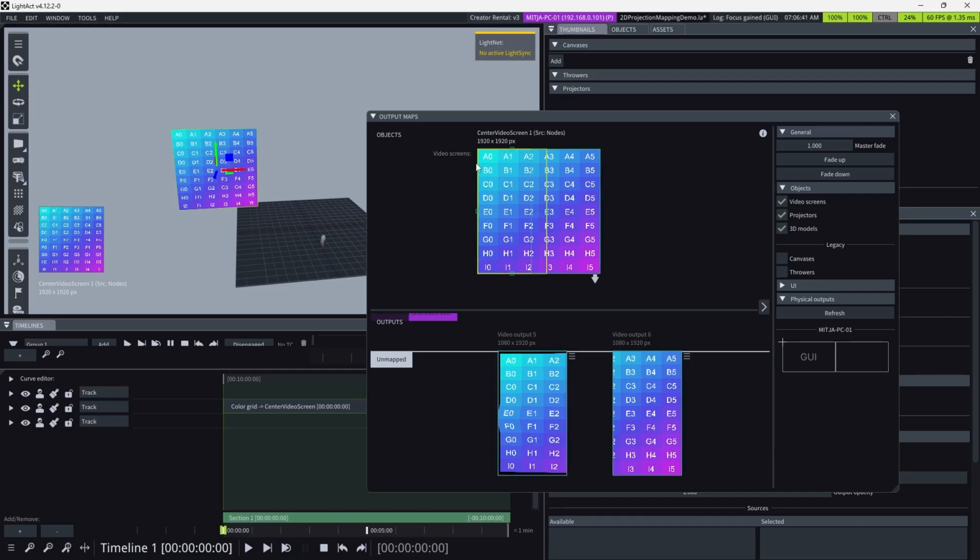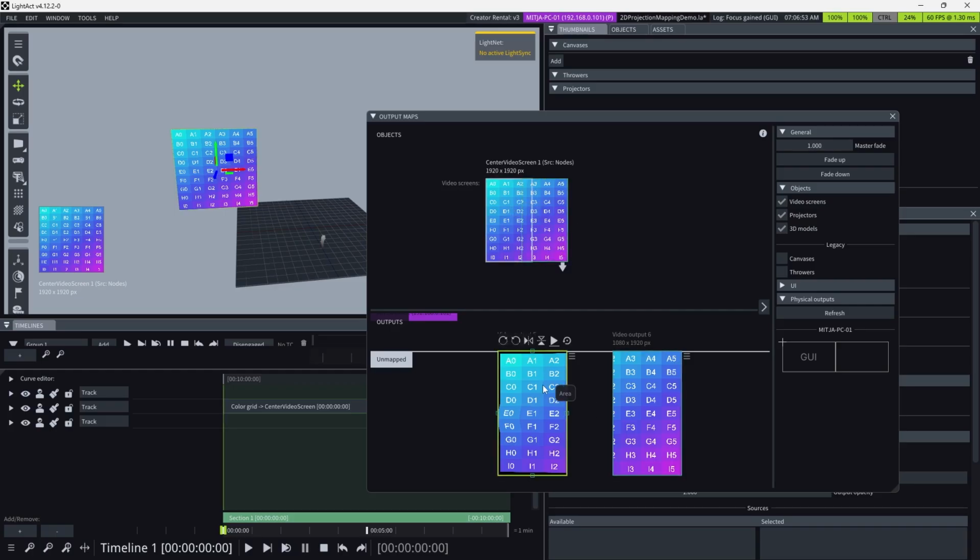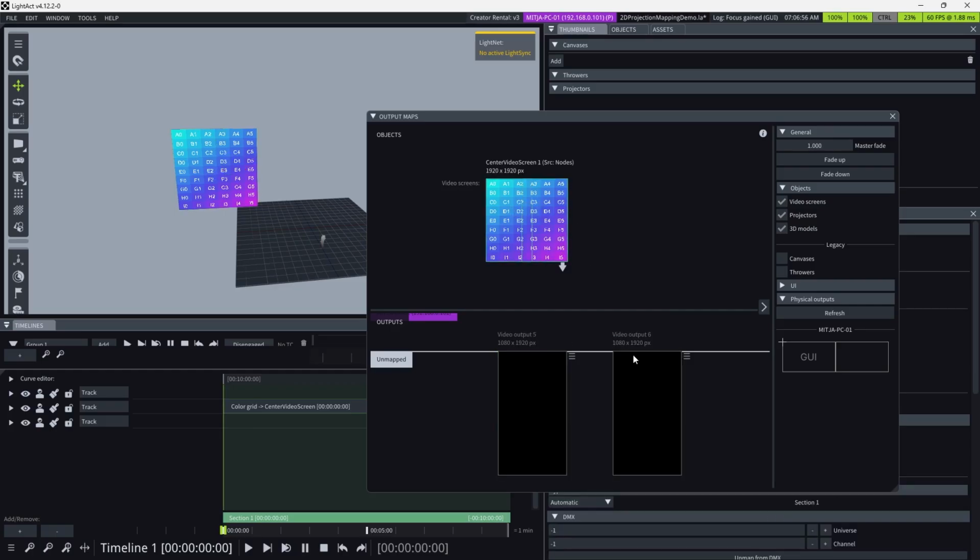And I've placed them, sort of snapped them to the edges of the video screen. And of course there is some overlap, which is what actually should happen as well. Then what you do, let's delete this. You map these sub areas like so